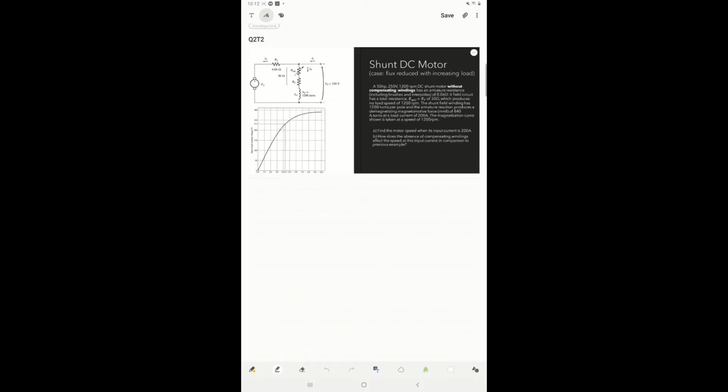Okay, now for the second question, we are looking at the same motor, but now we are taking out the compensating winding. So the same motor without compensating windings. Now we know that when there is no compensating winding, the flux will be reduced with the increase in load. In the previous example, we talked about when the shunt DC motor has compensating windings, in which the flux remains constant. Now the flux is reduced with increasing load,